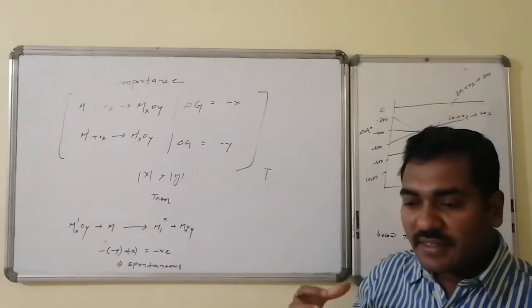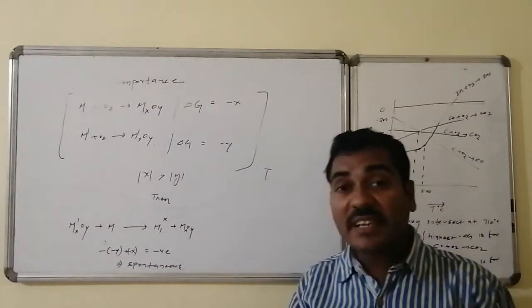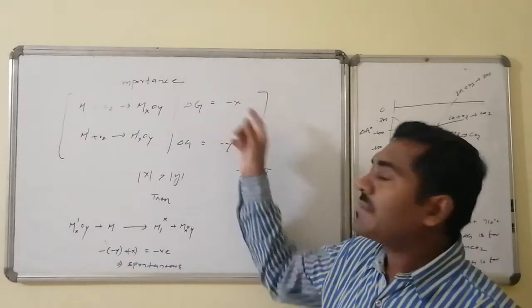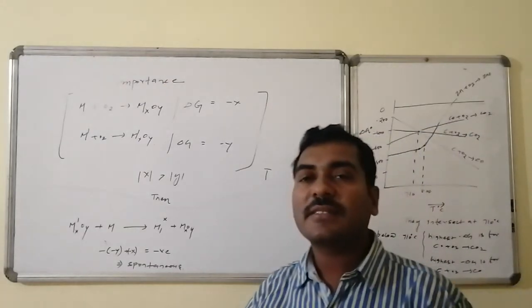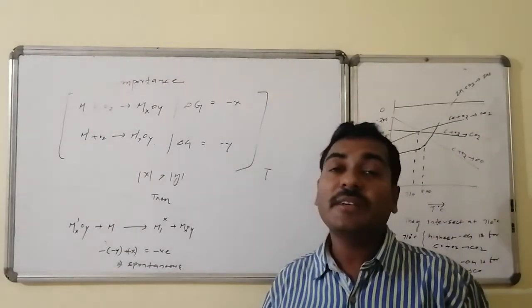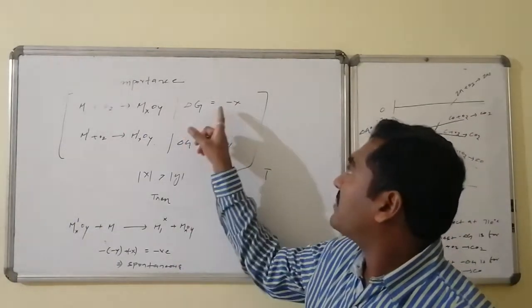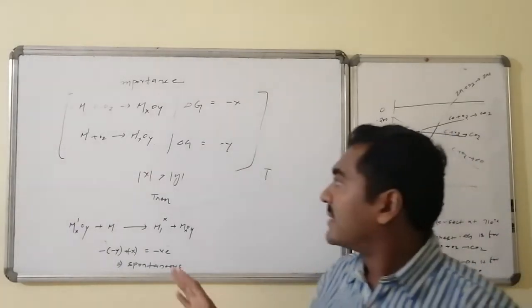Then in metallurgical operations, we want to reduce the metal oxide to metal, and which metal can reduce the other can be known from the Ellingham diagram. This one has the highest minus delta G. Overall, for a reaction to occur in the expected forward direction, it should be associated with the highest minus delta G. And in this case, as x is very high, x should happen in the usual direction.